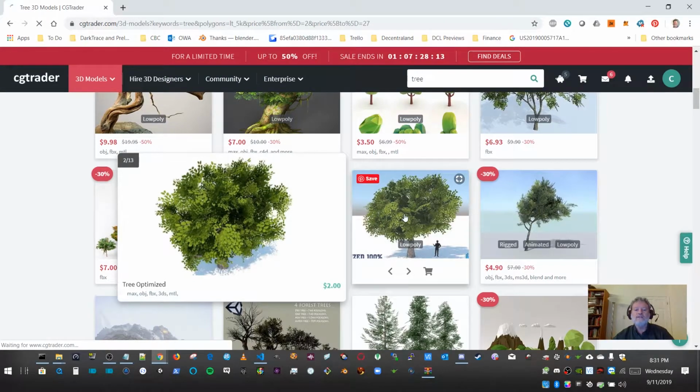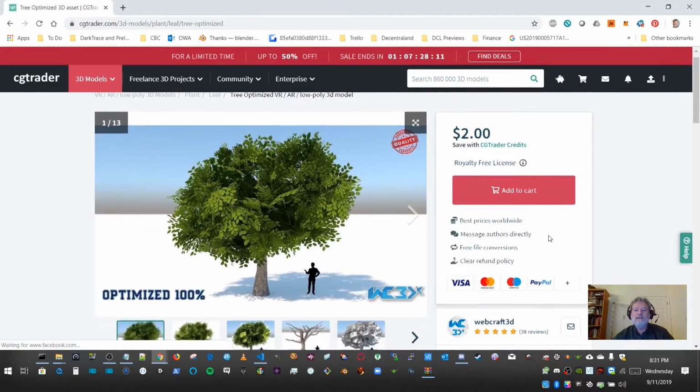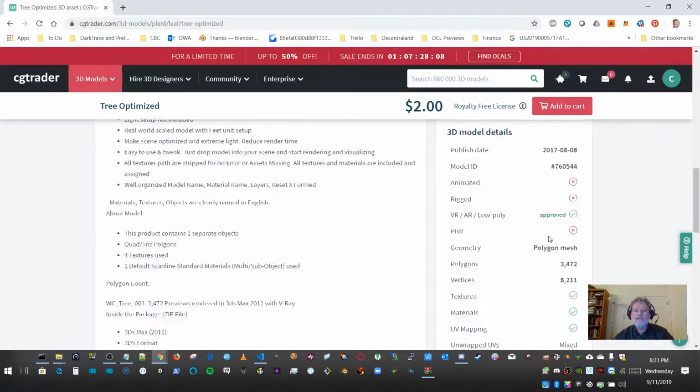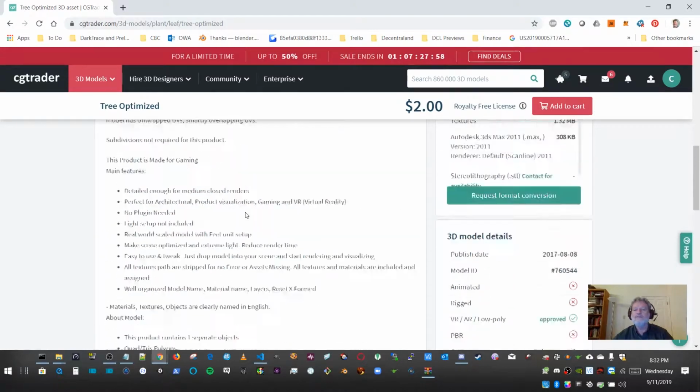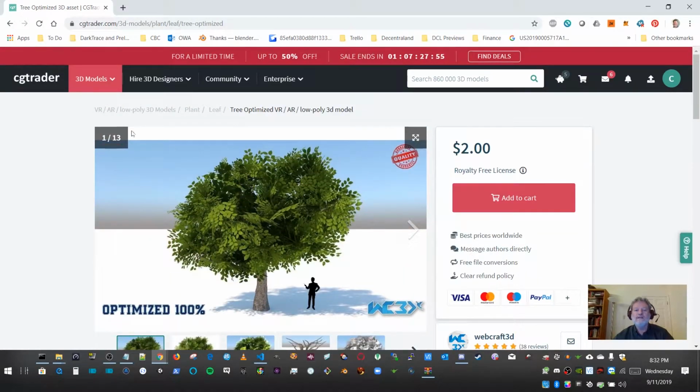So let's just take a look at this $2 tree. How many polys does it have? 3,000. That's a little expensive. If you can get things that are under 1,000, just hundreds of polys, that's better because you can put a lot of them in your scene. It's a beautiful tree, I must say. Let's go